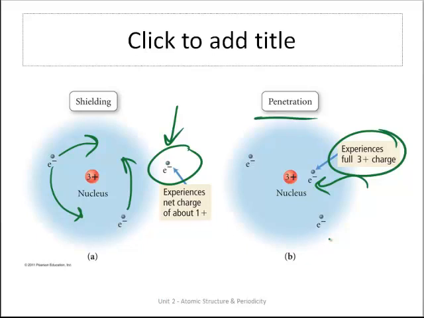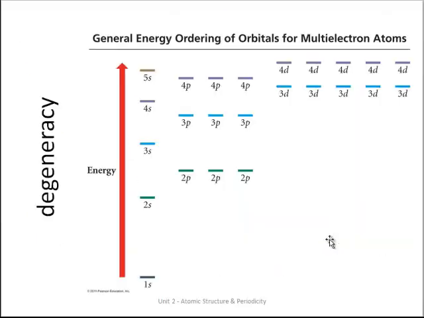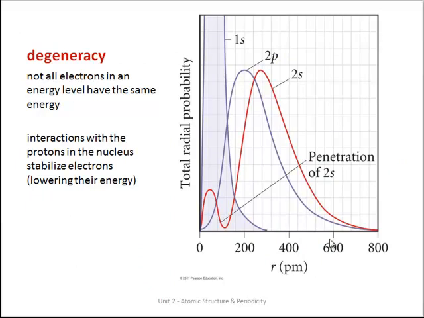And that stems from penetration. Now, we've said this previously, that the closer the electron is to the nucleus, the closer it is to that positive charge, the lower the energy of that electron. It lowers its potential energy because of the stabilization of the Coulombic attraction from the nucleus. So what this creates is a lowering of energy of different orbitals within a sublevel because of penetration. If we look at the radial probability distribution of the 2s orbital, remember that it has a node where there's a small region that has 0% probability of finding an electron, and below that node there's some probability of finding electrons. What that does is these 2s electrons have a small probability of being very, very close to the